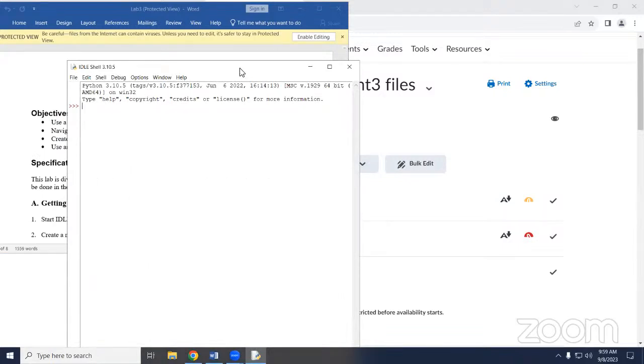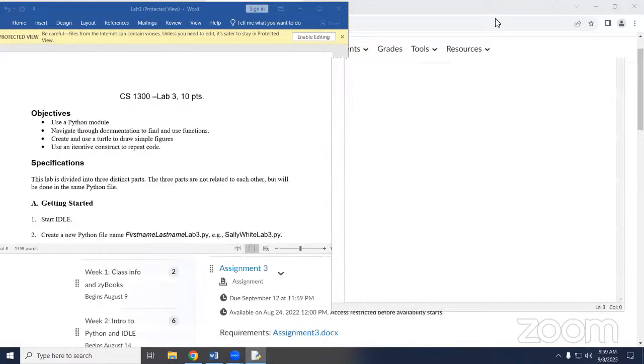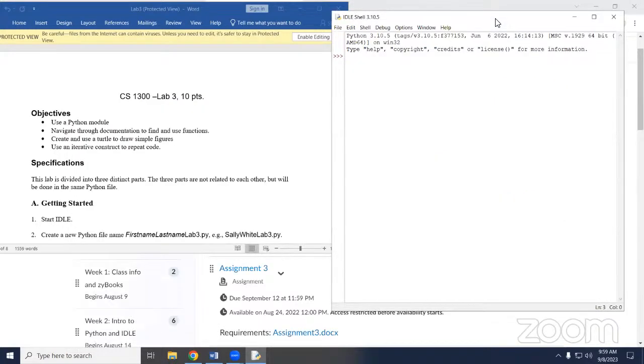I am running into quite a few people that are still turning in the wrong files. I have one or two students that are still turning in the shell window. Please don't turn in the shell or the runtime environment. I need the saved file. I'm going to show you one more time how to do that.